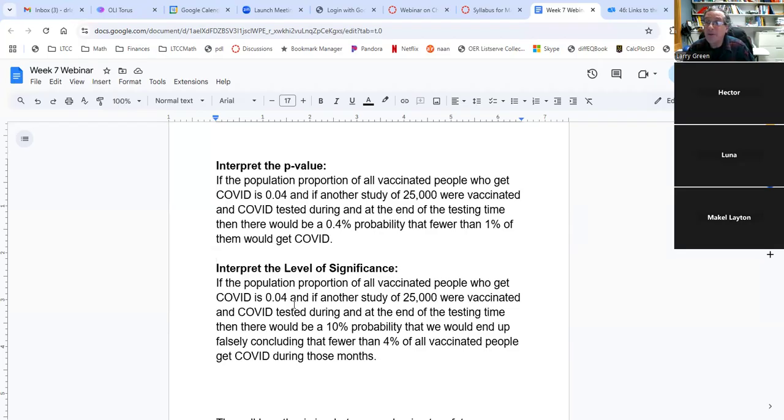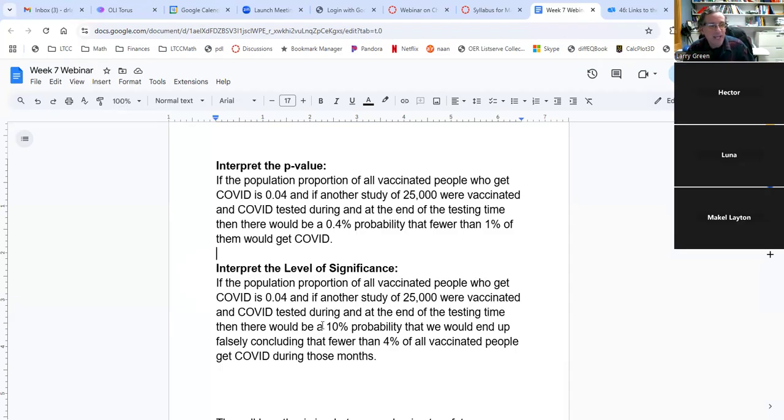Okay, let's interpret the level of significance now. Notice there's a lot of writing, by the way. Be ready. And I want you to use my templates, by the way. If you use AI, I'm going to zap you. Use my templates. AI won't just use these kinds of templates. And not every question will be about COVID, but it's kind of the same idea. If the population proportion of all vaccinated people who get COVID is 0.04, and if another study of 25,000 were vaccinated in COVID testing during the ending of testing time,